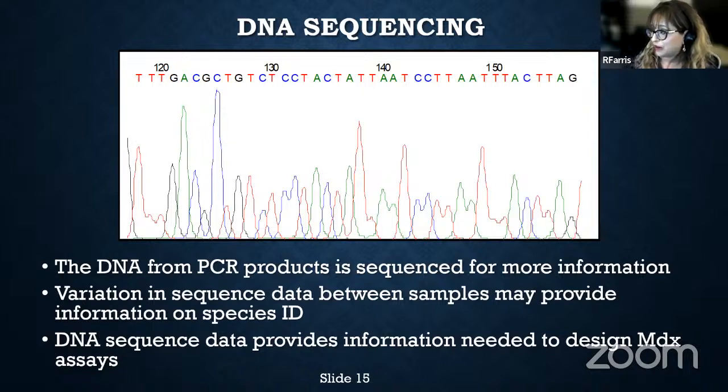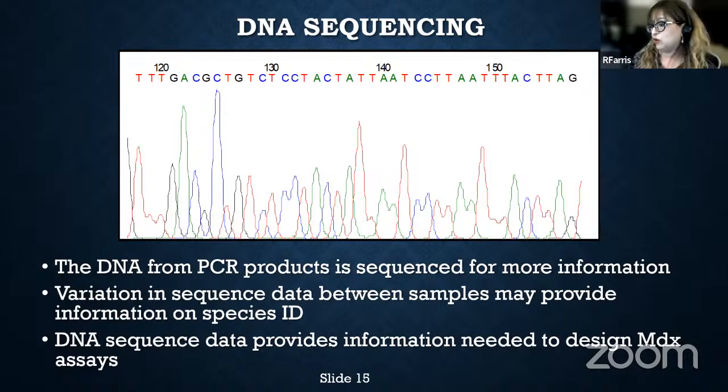So I'm going back to biology 101 here, right? In general, we have 4 bases: thymine, guanine, adenine, and cytosine. Those bases are what make up our DNA. And what makes DNA unique between species, between populations and such, is that there are various sequences of how these bases are lined up or organized.